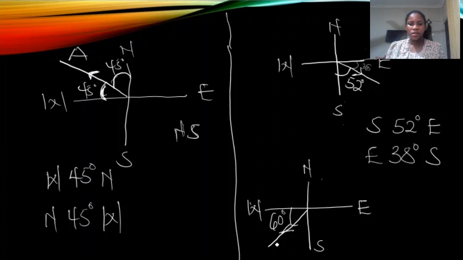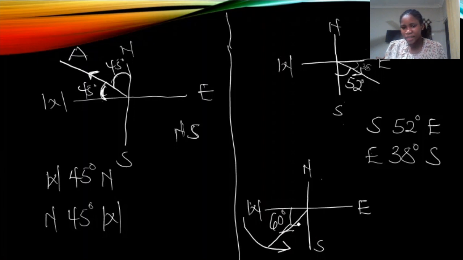So in this case, the vector is moving from the angle that the vector is inclined to. It's inclined at an angle of 60 degrees, and it's moving from the west to the south. The angle is lying on the west side. So meaning the vector was moving from west to south